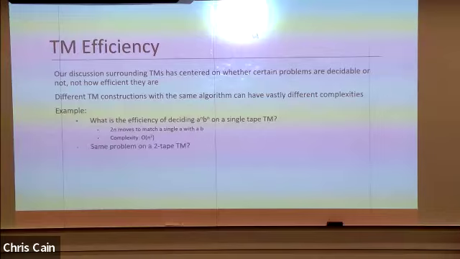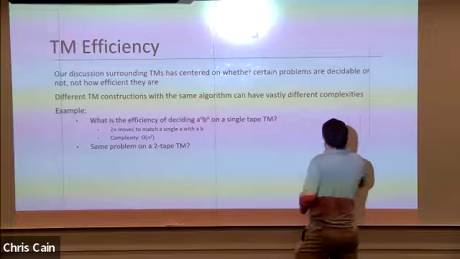But now, what happens if we do the same problem on a 2-tape Turing machine? If we have the ability to store some information as we go, rather than having to move the read-write head all the way to the end, and then come back, how does that let us change the problem?